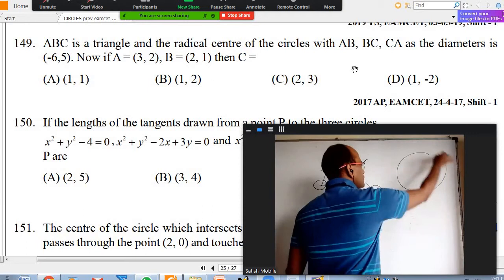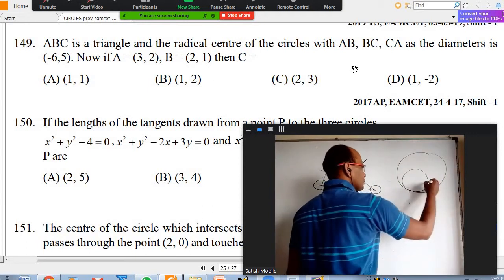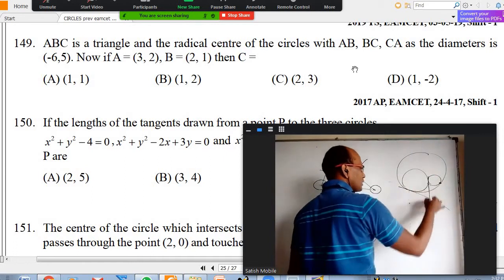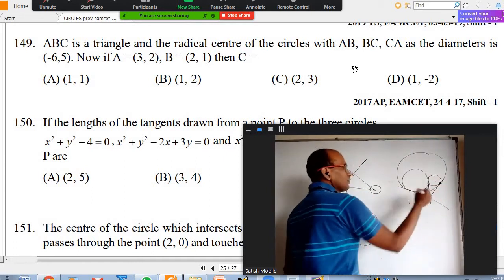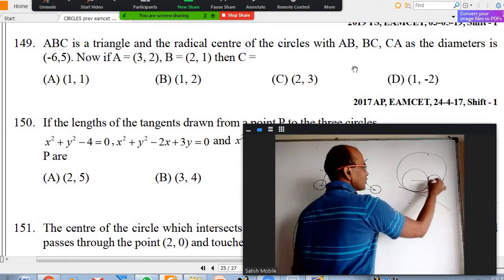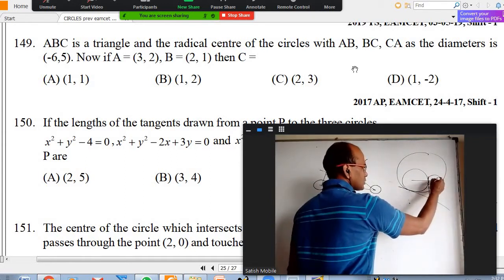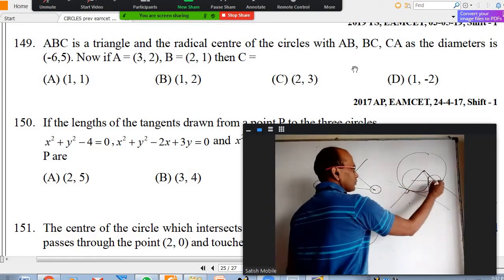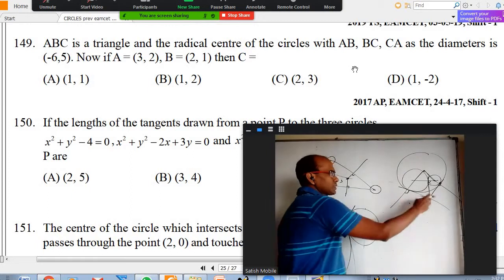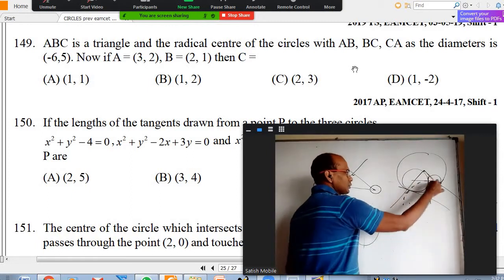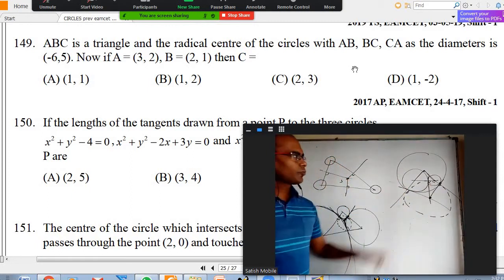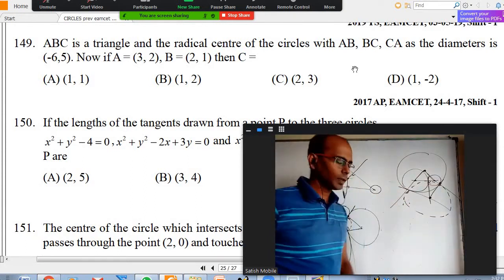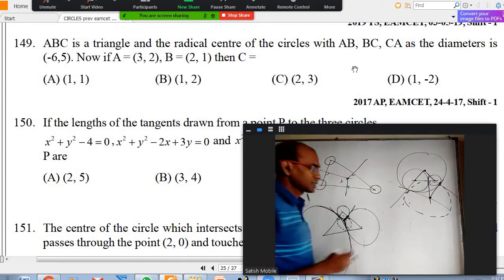If there is one big circle and in that there are two small circles, then these two will have a radical axis like this, these two will have a radical axis like this, these two will have a radical axis like this. From that point, the perpendicular distances to this line joining centers and this line joining centers, with whatever extension, are all equal. But this point is outside. You can take this as the center and this as the radius, and you'll get a circle like this. For the triangle formed by the lines joining the centers, you can also get the orthocenter. When is that?